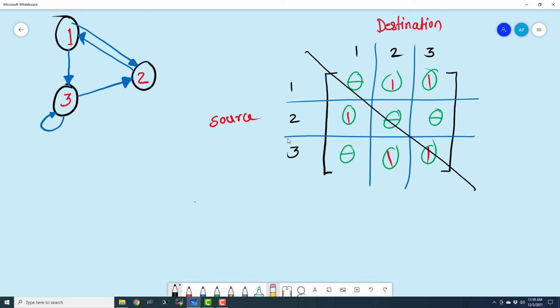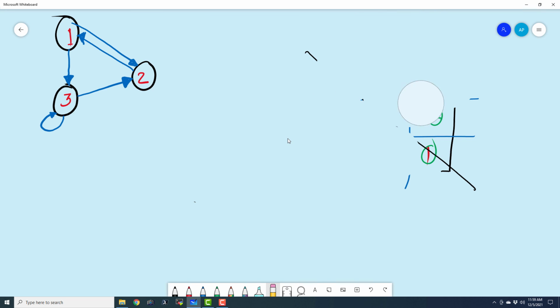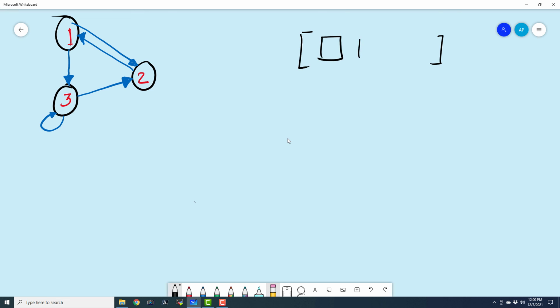Similarly, we can even draw the adjacency list for our directed graph, and that is also quite easy. The very fundamental thing is that we draw a list, let us say 1, 2, and 3, and these are the links.